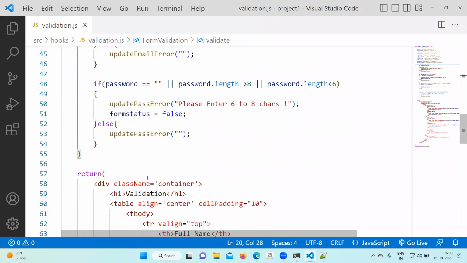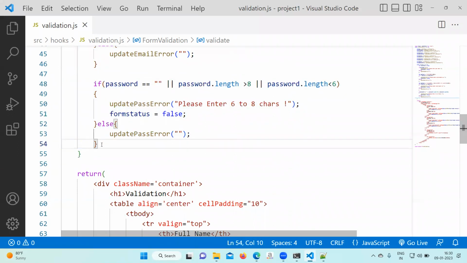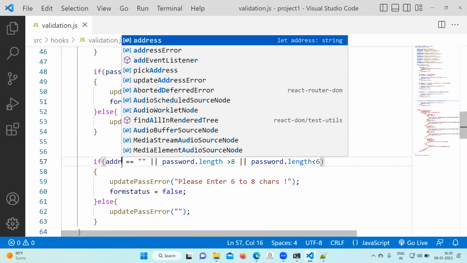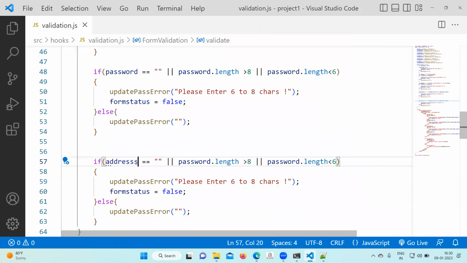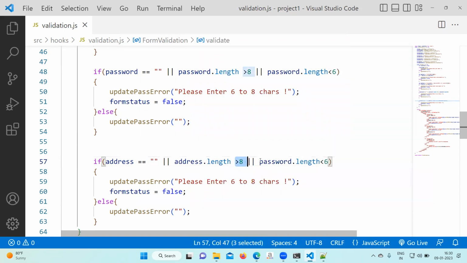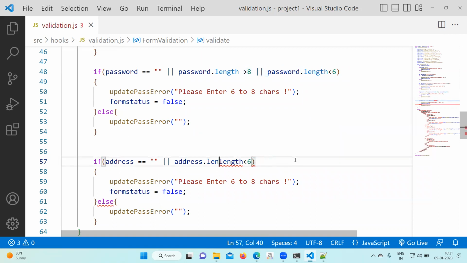Come down. Now write for address. If address empty or address dot length less than 20 or 25 characters, address dot length less than 25, then